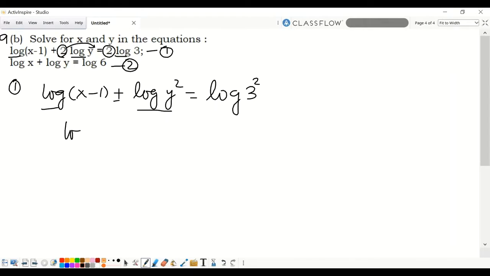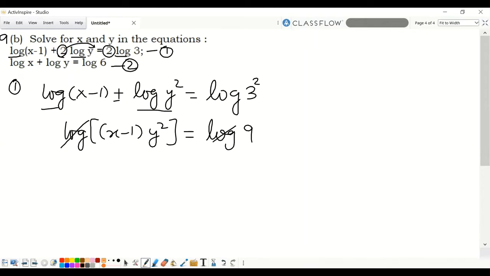Now we will combine this log and this log so that both sides have log. Since they are adding, the contents will multiply. And the log 9 is for 9. Yep. Now both sides have log, we can ignore the logs. So we are left with (x minus 1) y squared equal to 9. Let's see what the second equation comes about. It has no coefficient, so we can simply